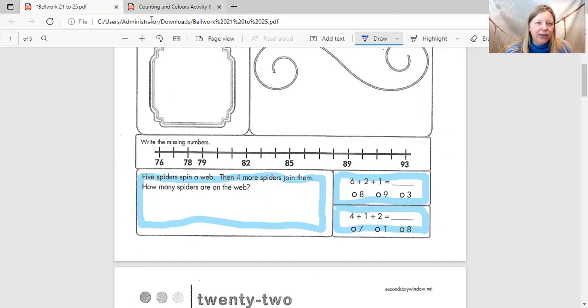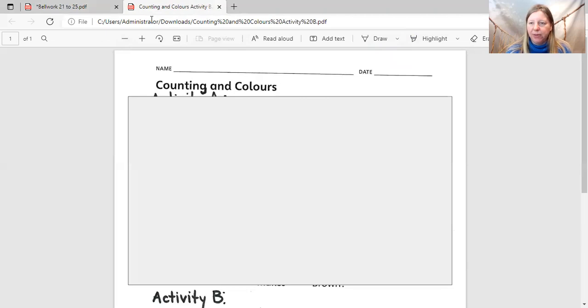Now our next activity is a little bit of a different one, and I'm going to take a little bit of time to explain it to you. Do you remember when we were working with sorting and we used Venn diagrams? Venn diagrams were those 2 circles that overlapped together, creating a middle section that would include both rules. So if you had one rule that said,